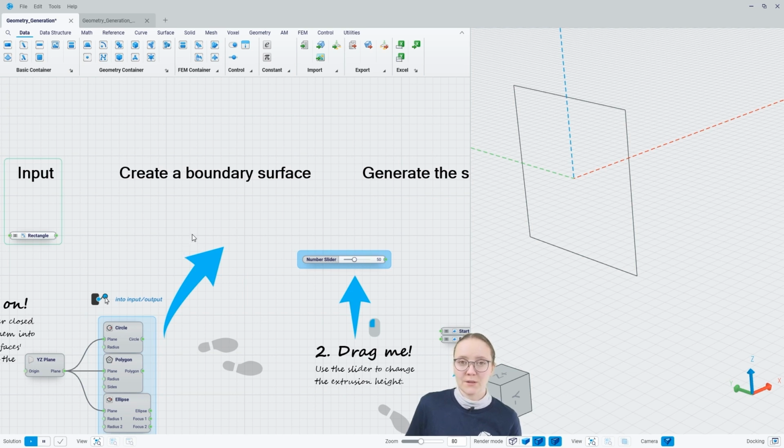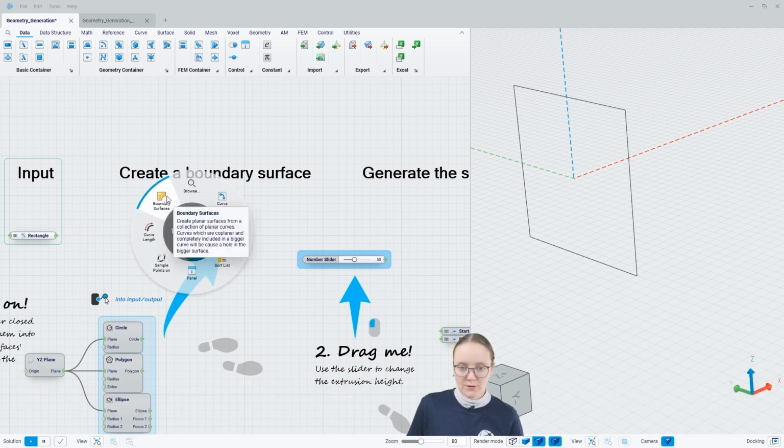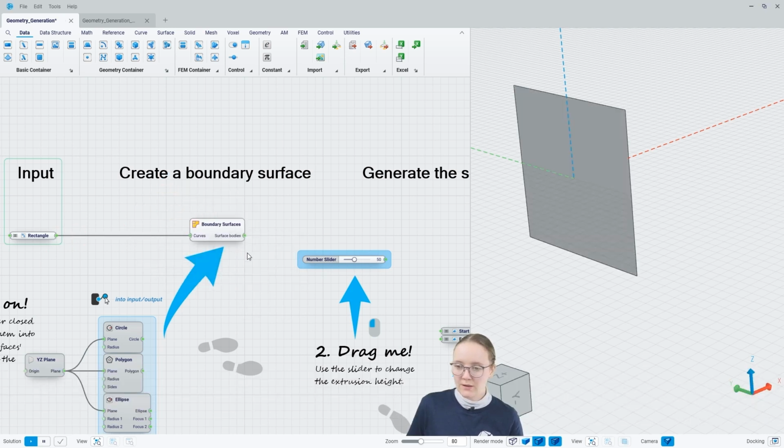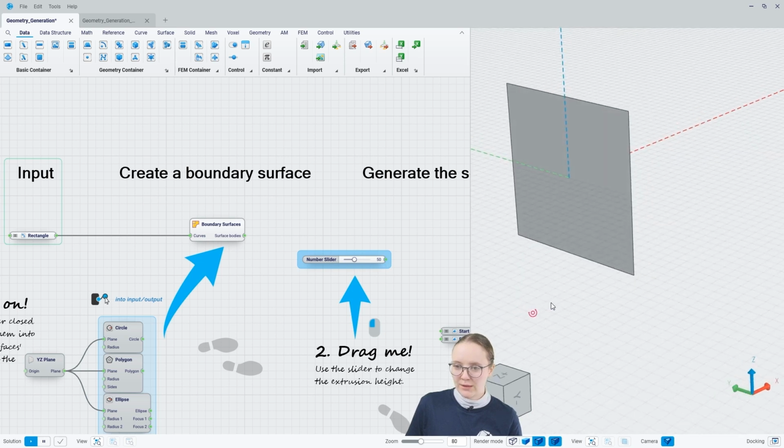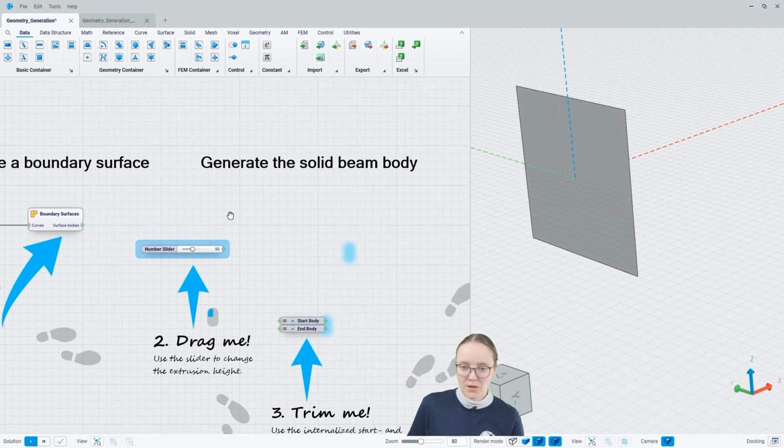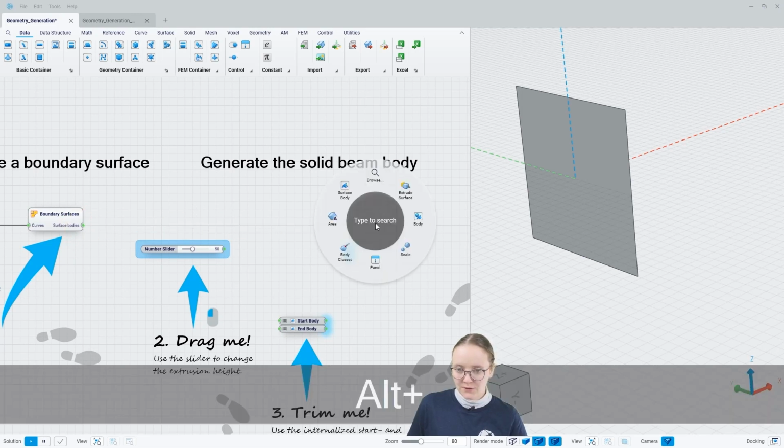The first step is to create a surface body using the boundary surface component. Here it's already suggested to us, and as you can see, we generated a surface body. Now we will extrude this surface